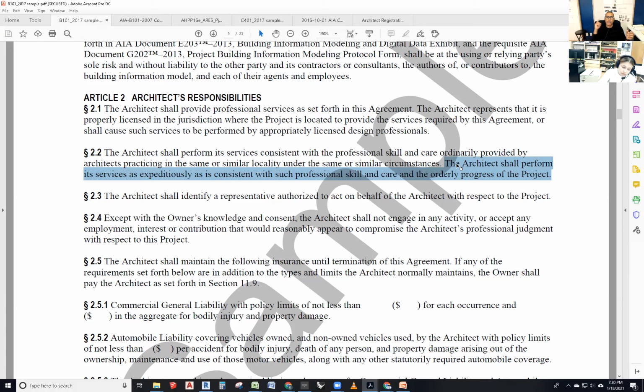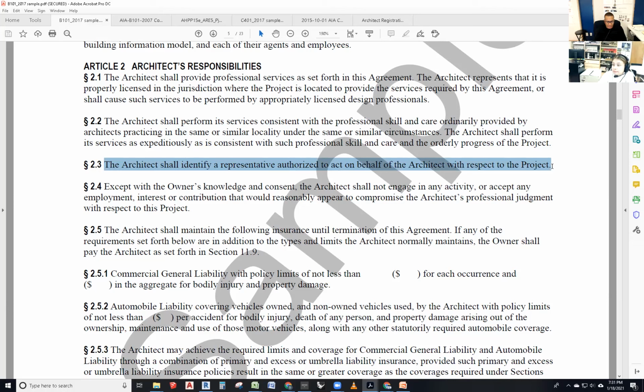Now, section 2.3 says the architect shall identify a representative authorized to act on behalf of the architect with respect to the project. Anybody know who that representative typically is? It could be a project manager. Typically it is a project manager, and they may not be licensed. They may not even be an architect,